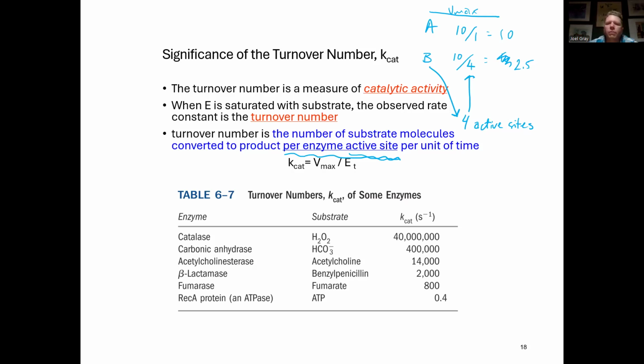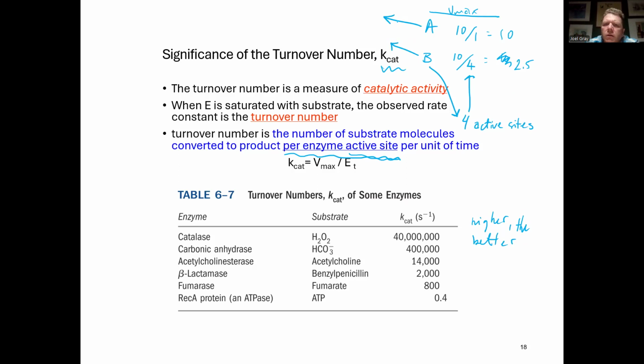Now, what's significant about this is that kcat accounts for the number of active sites. And kcat, arguably, the higher, the better. So if you have something that has four active sites,